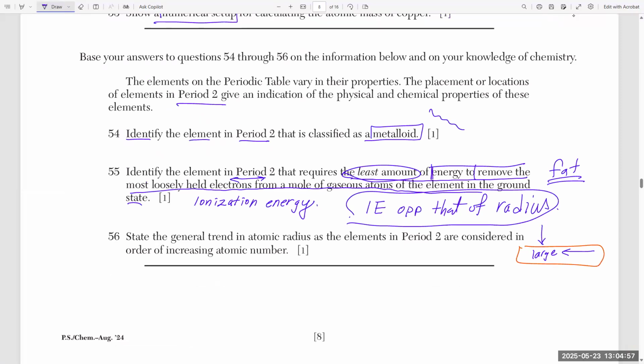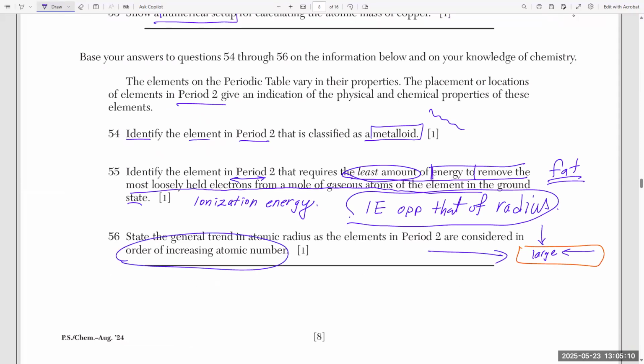56: State the general trend in atomic radius as elements in period 2 are considered in order of increasing atomic number. Oh, look, we literally answered it right here. We're going in increasing atomic number, which means we're going that way, from large radius to small radius. So what's the answer? It's decreasing. So the answer is